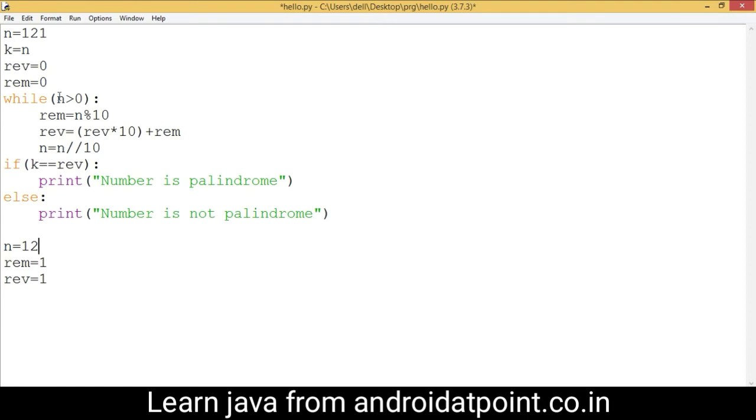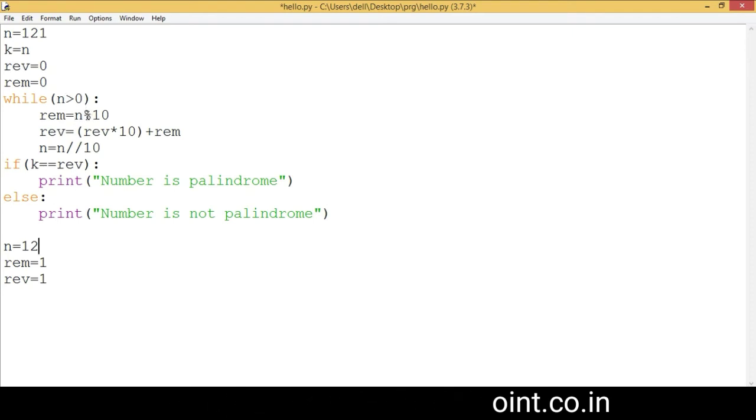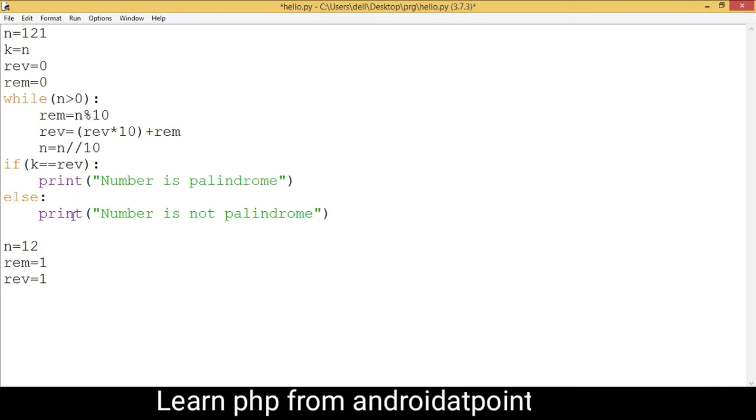Now control comes here and checks the condition. Condition is also true because the value of n is 12, which is greater than 0. Now n modulo 10 returns 2 as the remainder. Now the value of ram is 2.